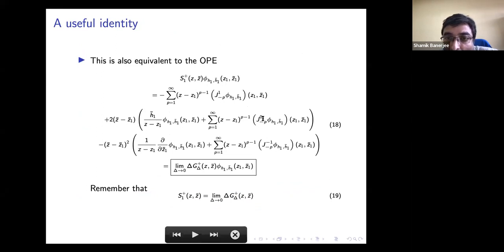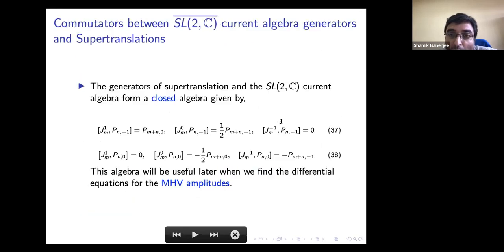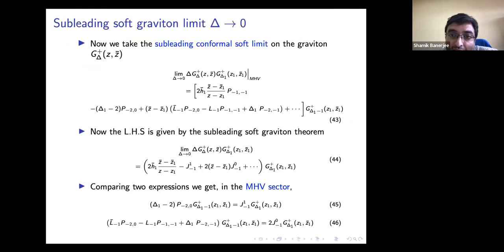That has to be J0 minus 1 G plus delta 1 Z1 bar. You can see in this OPE, the coefficient of Z bar minus Z bar 1 is essentially 2 times J0 minus 1 G plus delta 1 Z1 bar. Now the point is, if this OPE is right, then we must have this form, which is written in this 44. Comparing these two forms, we get